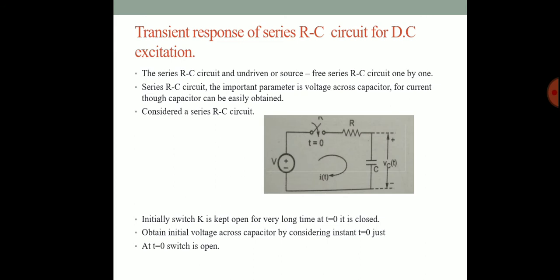Now for t greater than or equal to 0, the switch K is closed. Now the voltage source is introduced in the circuit, hence applying the KVL to the closed path. Now we simplify and rearrange the equations to get the value of the arbitrary constant K using the initial conditions, represented in the final equations.